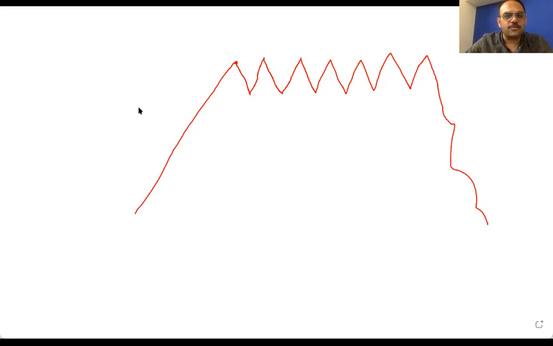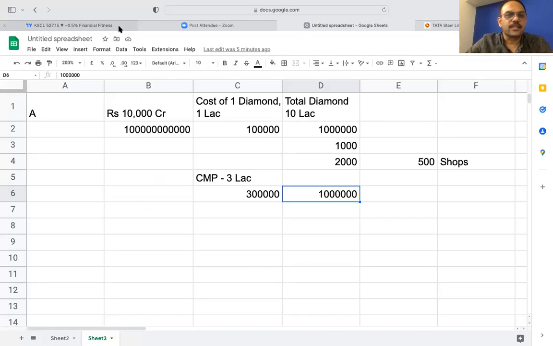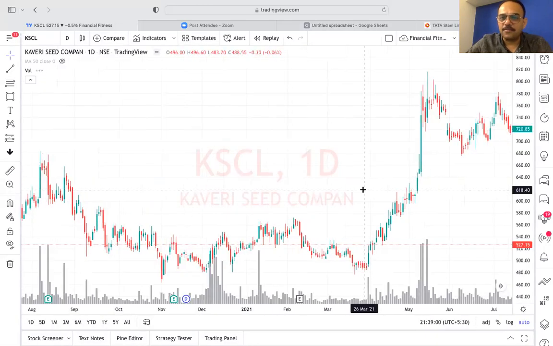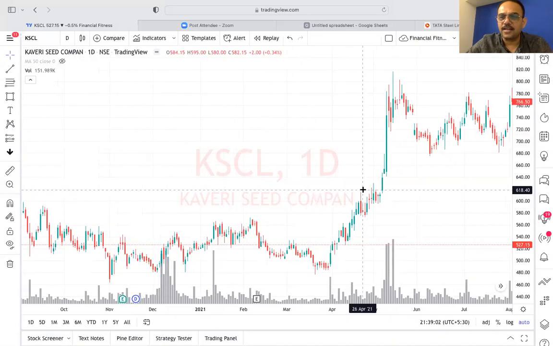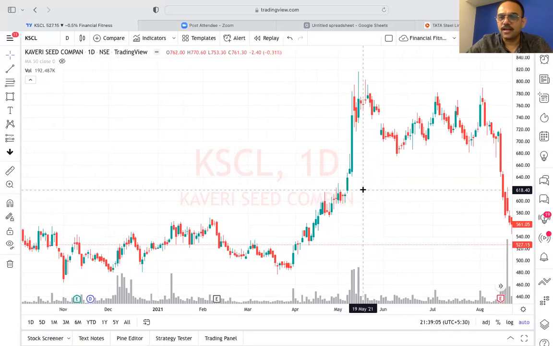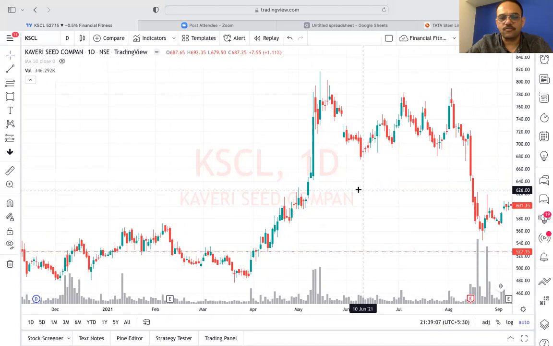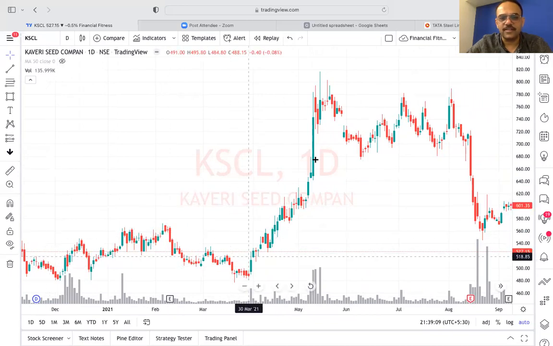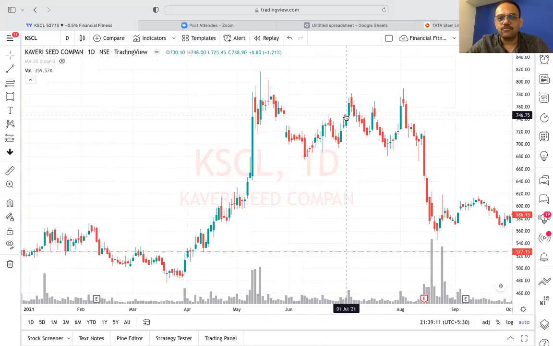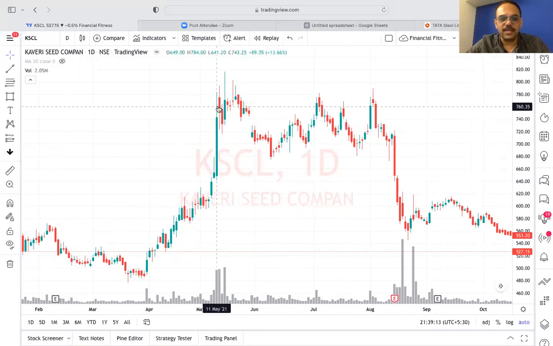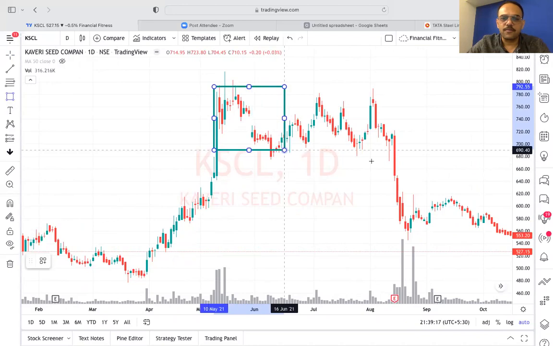So this is the distribution phase. Now let's see in the chart. Okay. Now after it went up, see again it has started moving sideways, and then it went down. So here it was moving sideways, it went up. Can you see it was moving sideways from here to here,